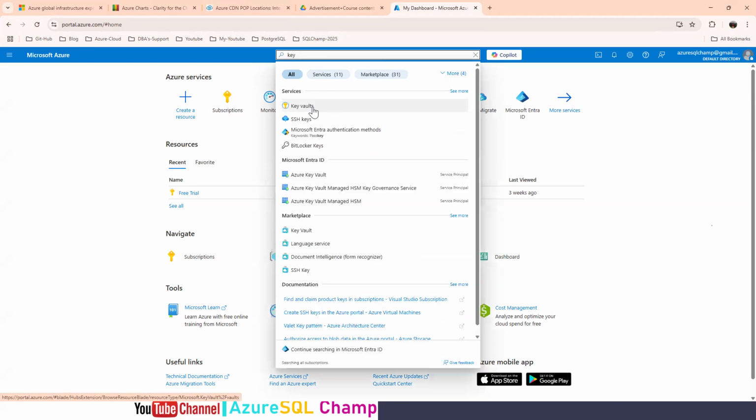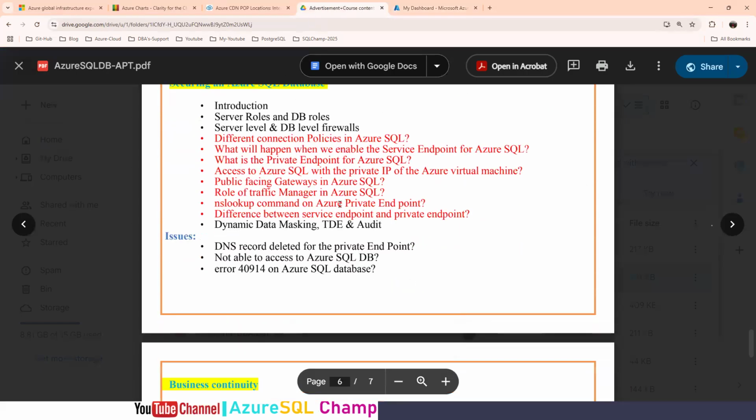This is also one service. As a DBA, we must also do it. No worries, we won't maintain all these services in the real world, because there is a dedicated Azure infrastructure team. But even though, we wanted to know how Azure Key Vault will work, so we are going to discuss Azure Key Vault, and we are going to store our keys in the Azure Key Vault. That is the one thing.